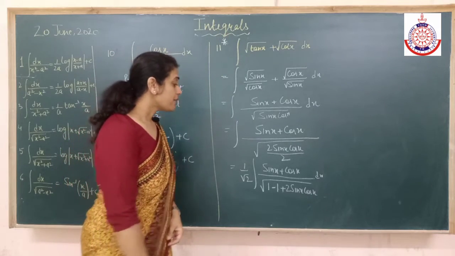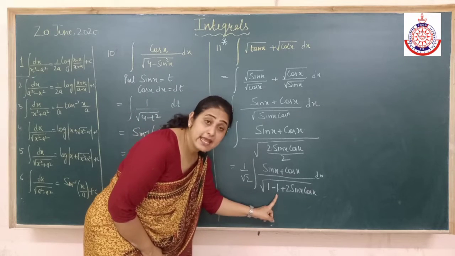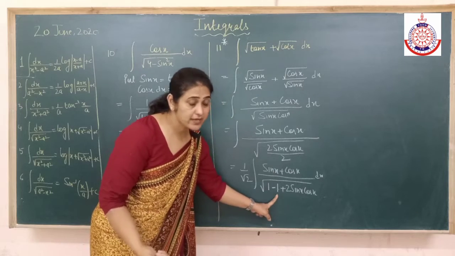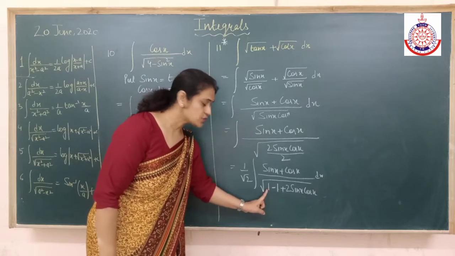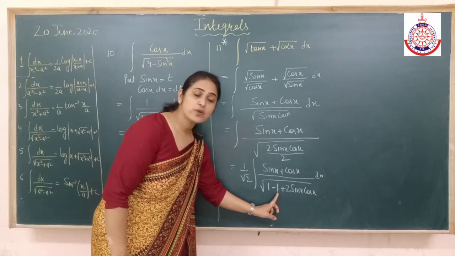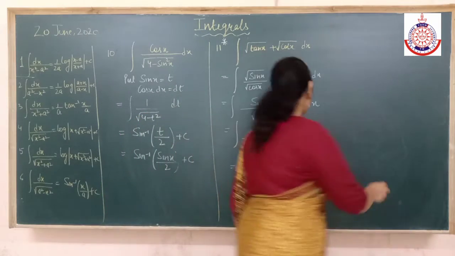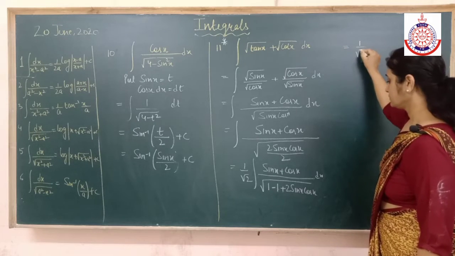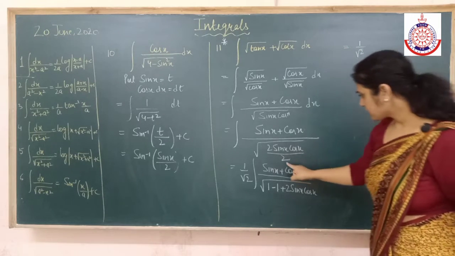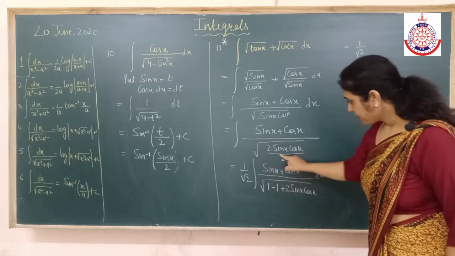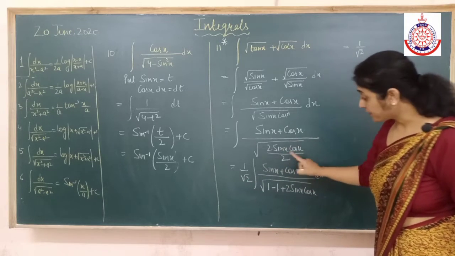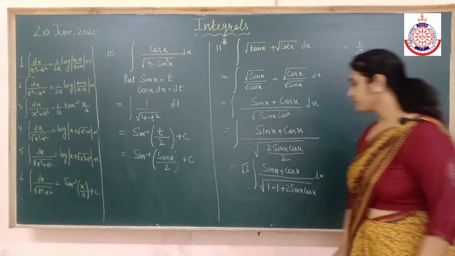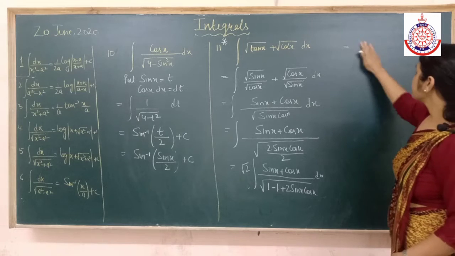Alright. Now what am I doing? I'm writing this one as sin square x plus cos square x. Or you say cos square x plus sin square x. We have done the identity in class 10. This one I'm keeping as it is. I'm writing this one as sin square plus cos square. So I'll write it as this will go where? This we have written it wrong because this is denominator of denominator. This will go up. So be careful.